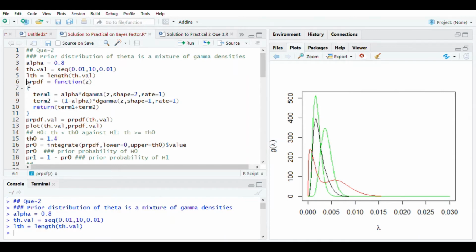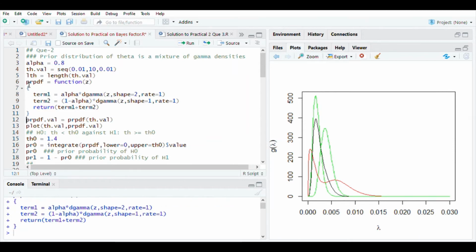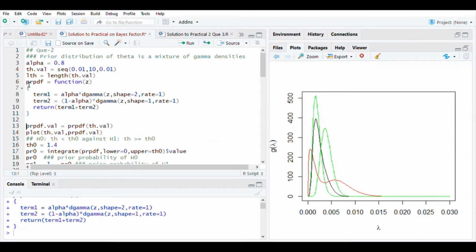So in this question, I have tried to use R as far as possible. I have avoided theoretical derivation of the posterior distribution and I have calculated the posterior distribution using the functions. So let us see how it is done. Let us first plot the prior distribution to get a better idea of the situation. So here we are calculating the prior PDF. Let us see whether it is working.